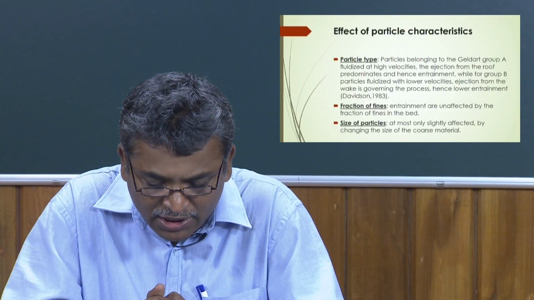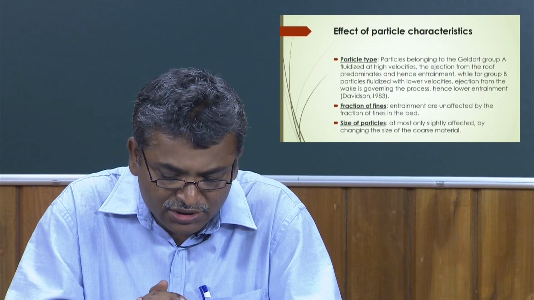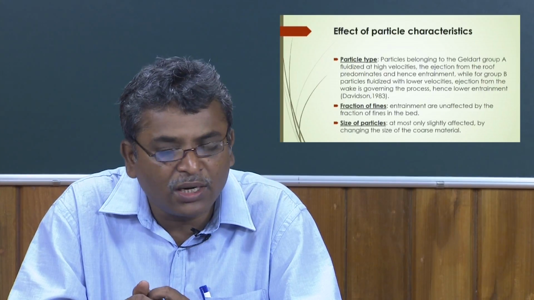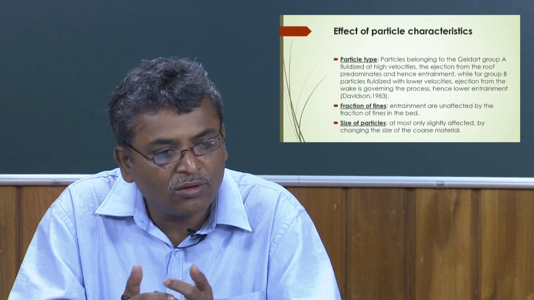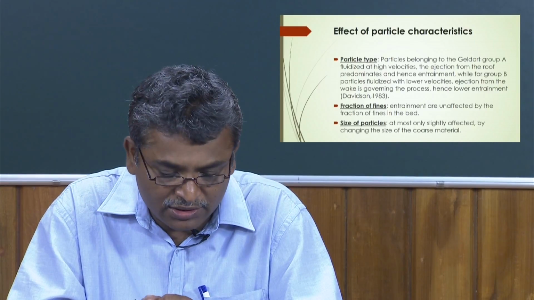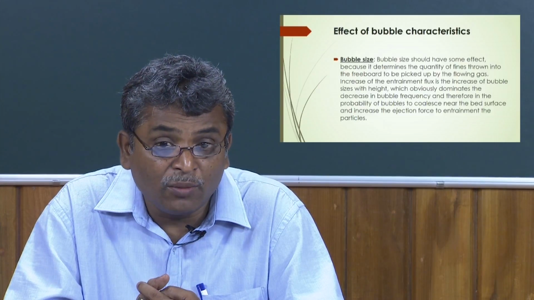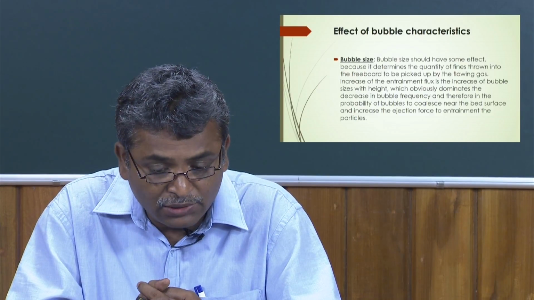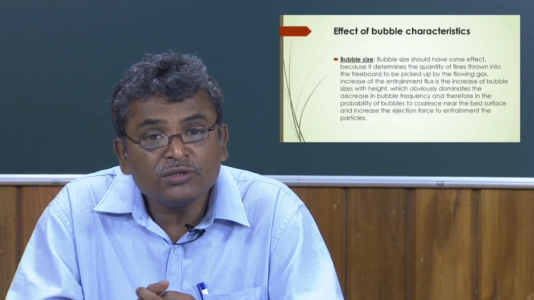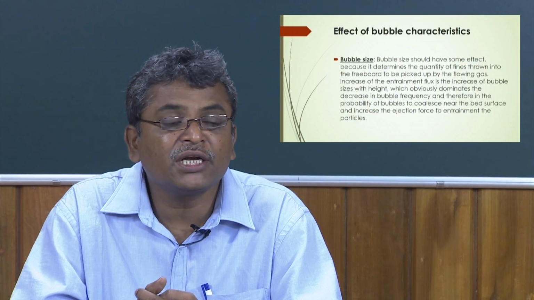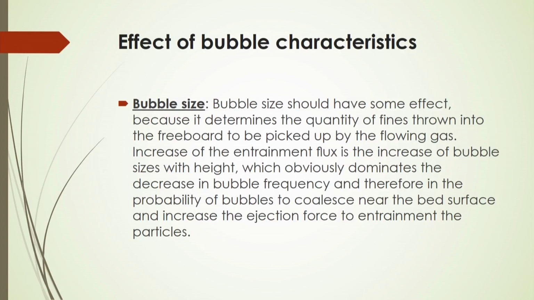The size of particles, of course, is at most only slightly affected by changing the size of the coarser material. That depends on how the solid particles interact, whether they are smaller or larger or finer, and then the entrainment characteristics depend on that. A very interesting point, and a dominant factor, is the bubble size. Because of bubble size there will be an entrainment rate change, and even because of that entrainment rate change there will be a heat transfer rate change, also a mass transfer rate change. There is a huge effect of this